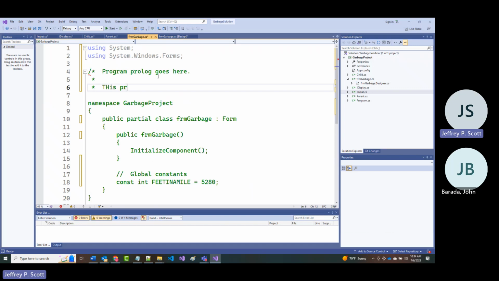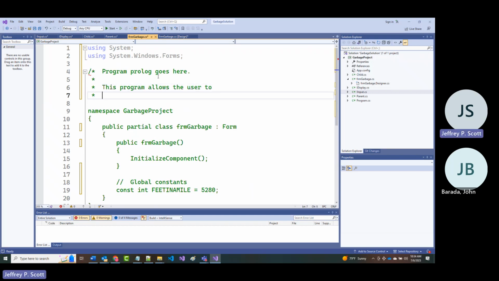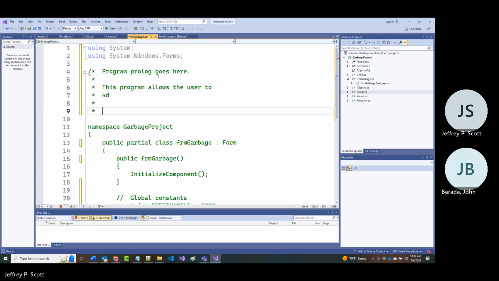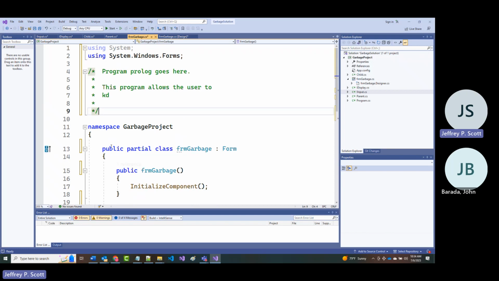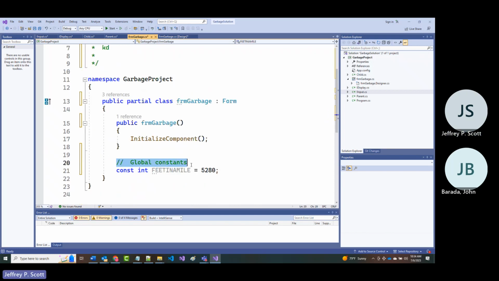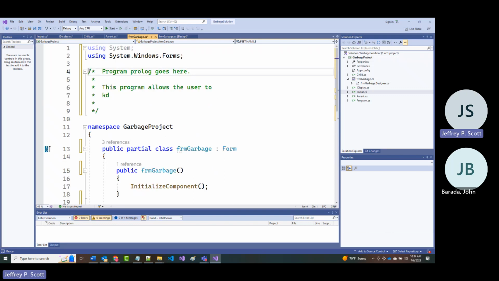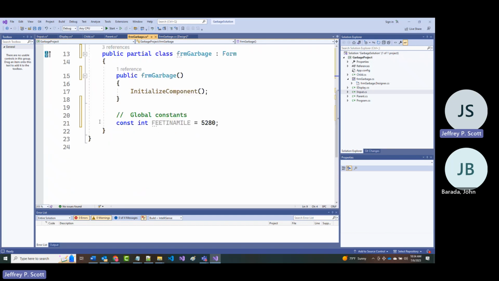This program allows the user to, and then have a bunch of stuff in here. And finally, we end it. The point is, this is single line internal documentation. This is multi-line internal documentation.